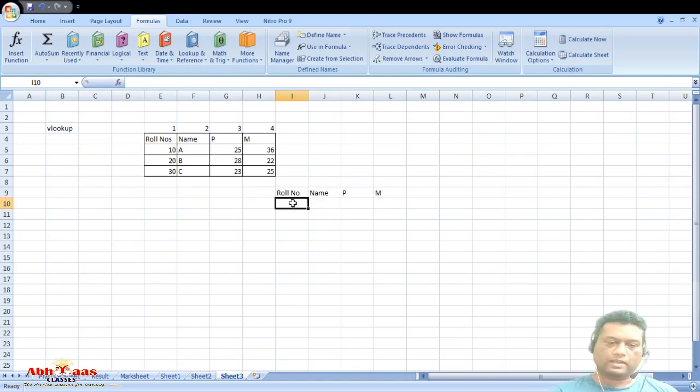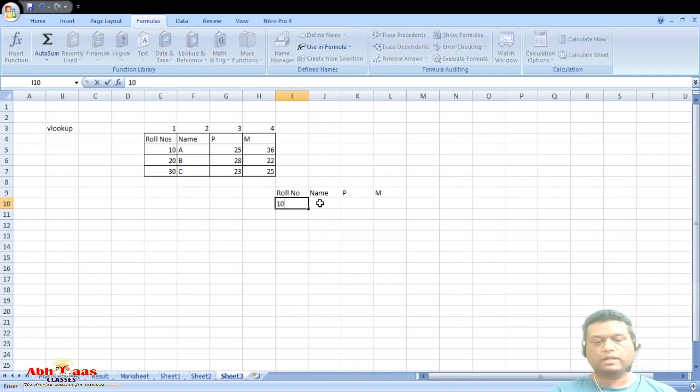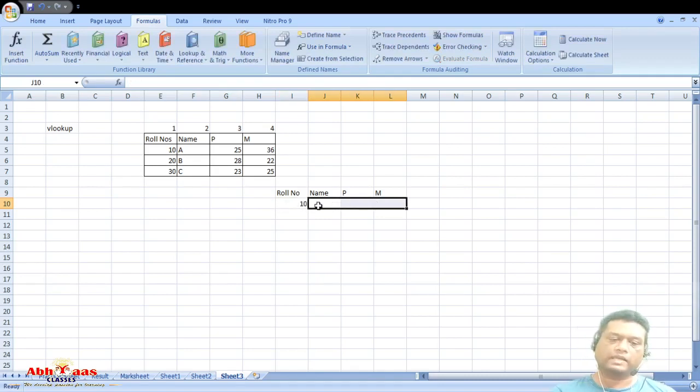See, let's suppose we are seeking the details about the roll number 1 or roll number 10, sorry. So whenever I will write down roll number 10 here, I want automatically the information about the roll number 10, means name, marks in physics, marks in mathematics will get displayed automatically. Okay, so how do we do it? See, is equal to